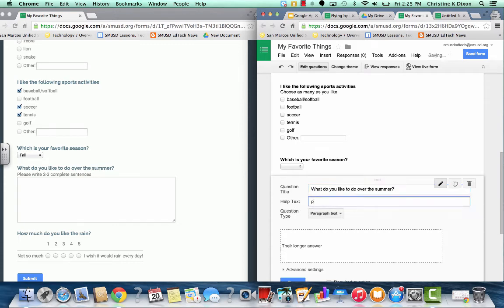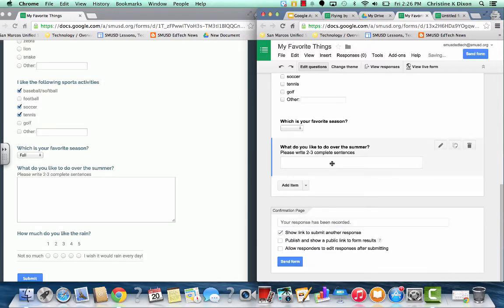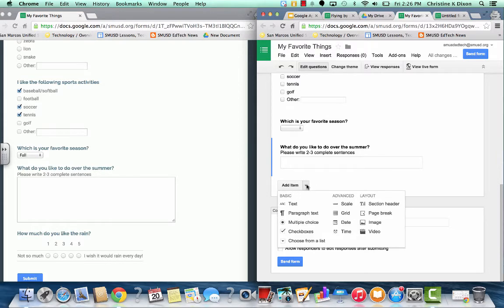Okay, help text, you might want to give an explanation. Okay, press Done. And then our last one is a scale. This is where you get to rate things. Okay, I'm going to add, or actually I need to do the drop-down menu for this one because it's more